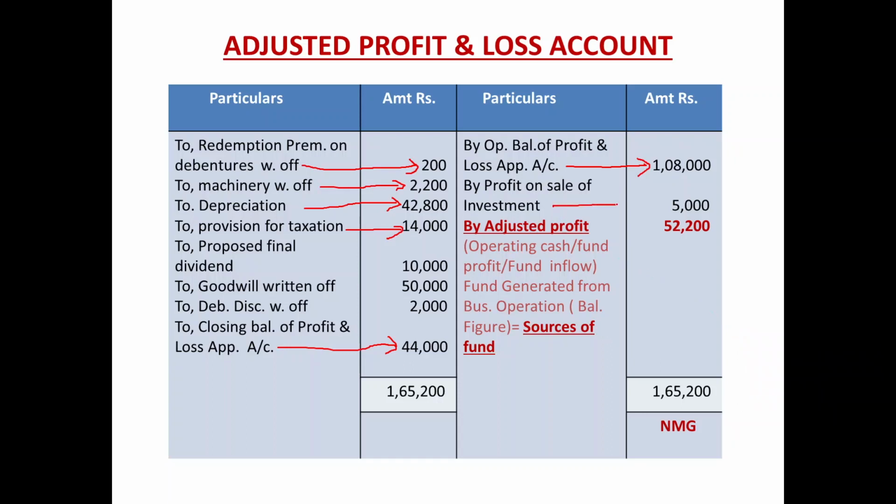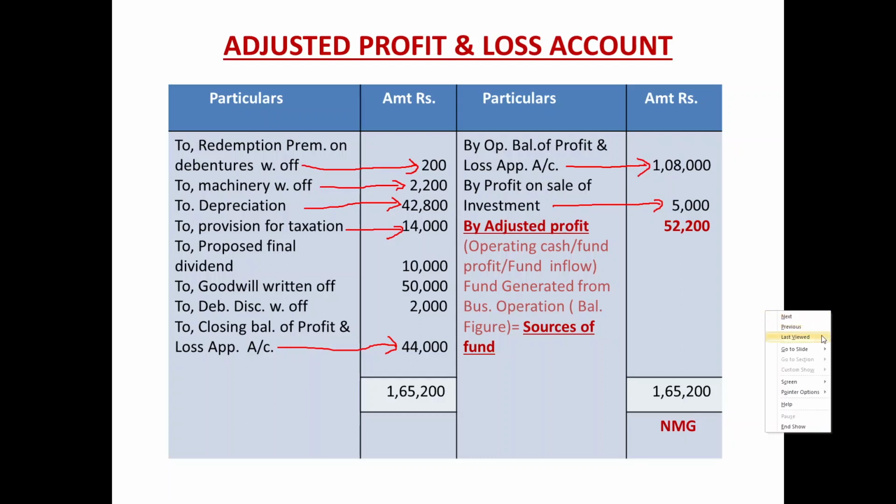See on the right hand side or minus side, profit on sale of investment. We gave the reverse impact. We eliminated that profit of rupees 5,000, which was included in the current year's profit, but the nature was a non-operating income, and we need only profit generated or received from operations, from operating transactions. So that is why it should be deducted from the current year's profit in which it was included. So these were the transactions related with additional information.